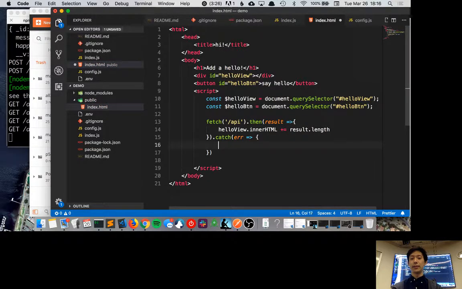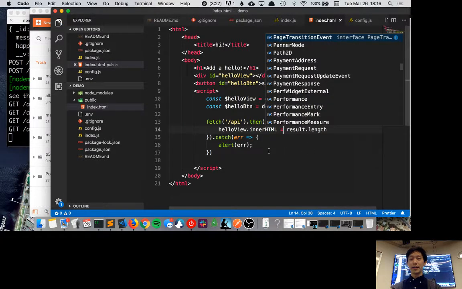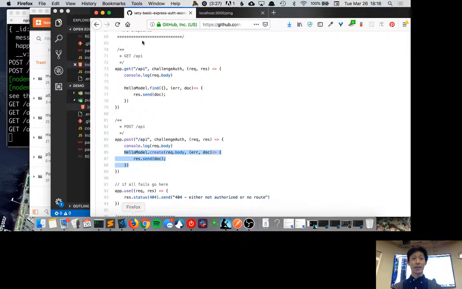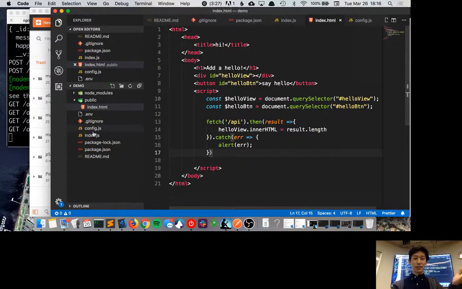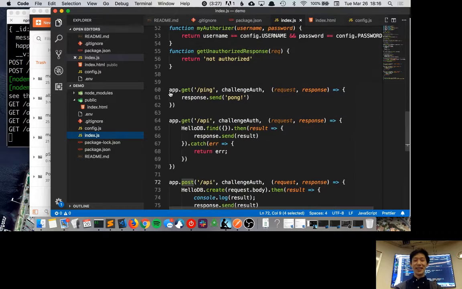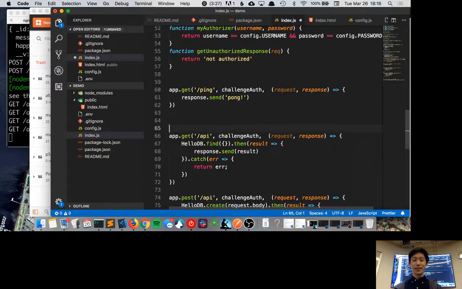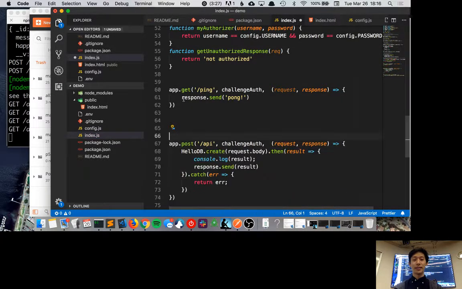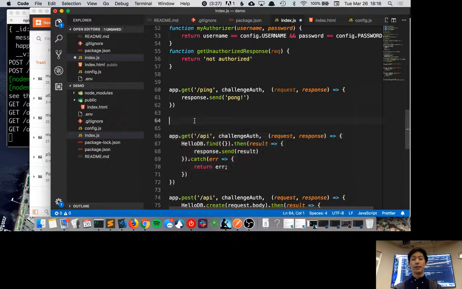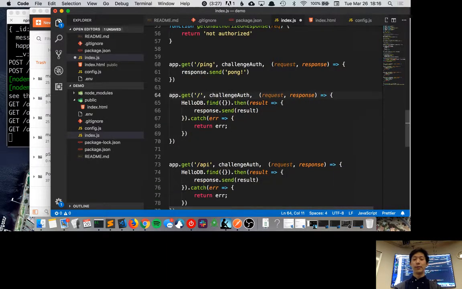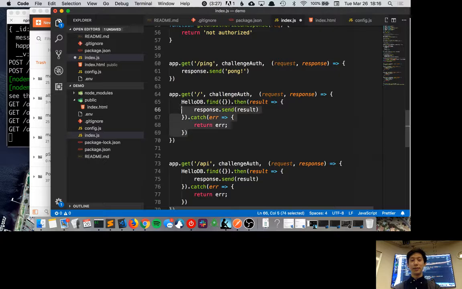Because let's see, alert. Oh, I guess we don't need to append it, you're right. We can just set it equal to that. So let's just try this out. Oh, it needs to go somewhere. What are we thinking? If a user goes to our application, they need to be able to get that index.html file. So here we have this at that default endpoint,